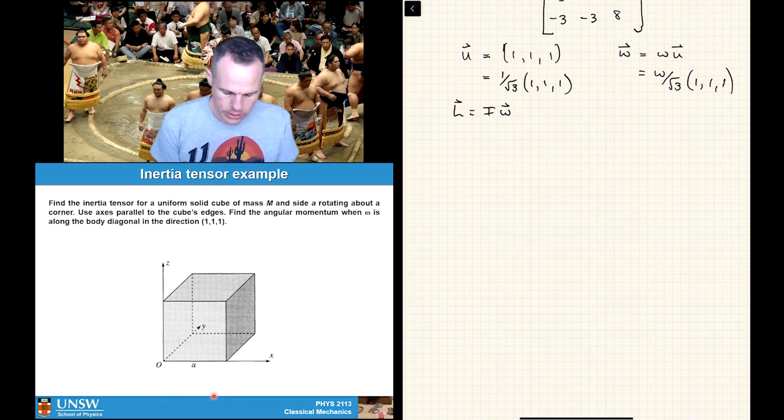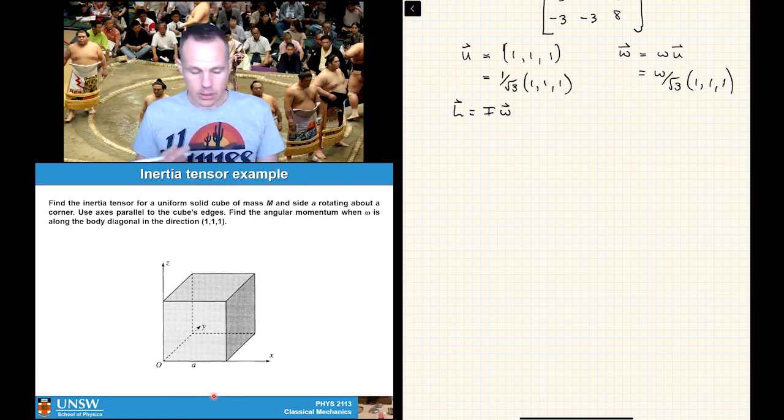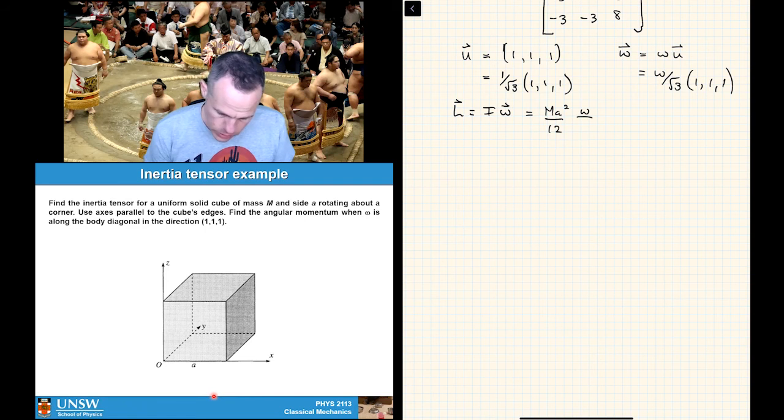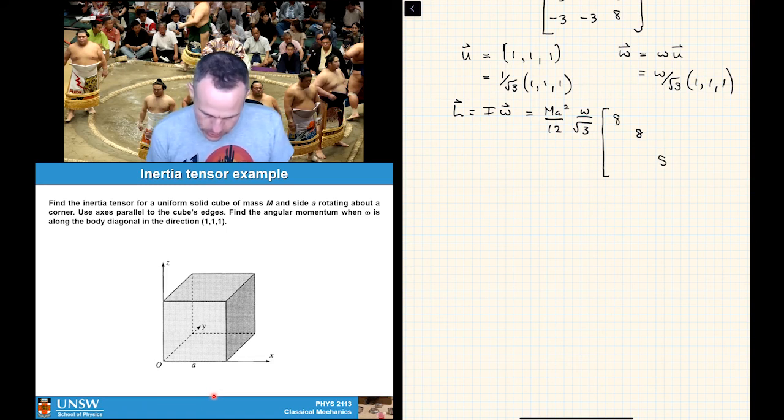We'd have two vectors in here, and we know our I is a tensor in this particular case, or a matrix, and so we can pull this in. We can bring in the prefactors at the front, so this would be ma squared on 12, and this would be omega over square root of 3. And then we've got what you all know from linear algebra is just a matrix,